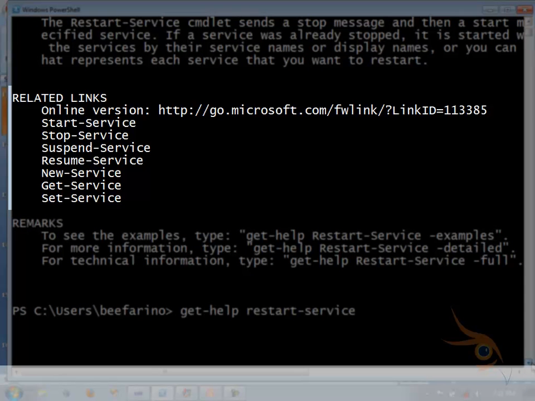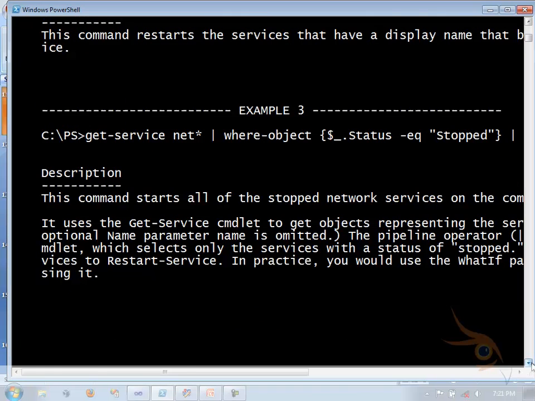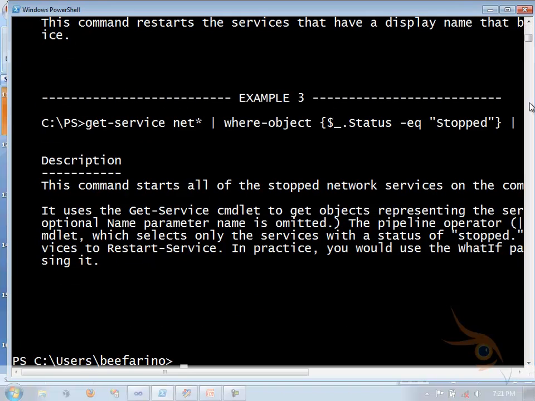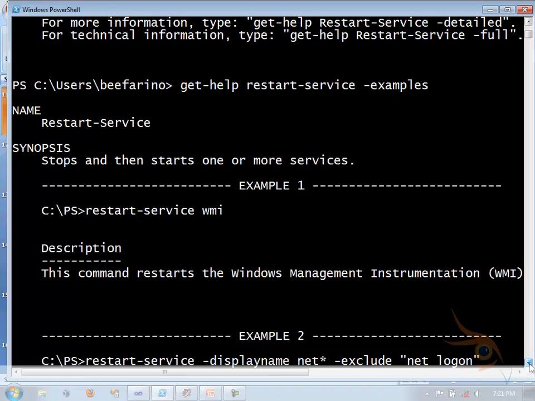And this isn't even all of it, right? So Get-Help returns the default set of information, but there's an -Examples flag that you can pass to Get-Help, and it will actually spit back example uses of the command. Right. So here's a good one: Restart-Service WMI. I don't think I should do that here tonight. I doubt anything I'm doing tonight is relying on WMI, but